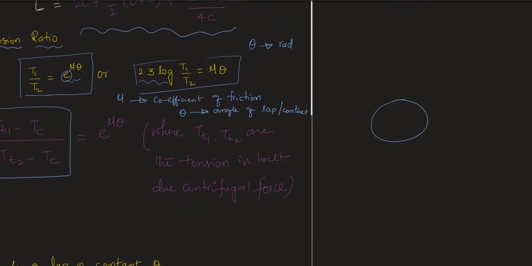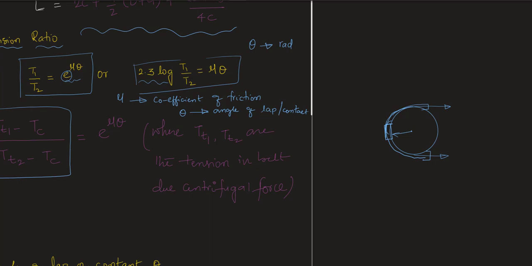Now what is centrifugal tension? Let me explain. Let us say there is a pulley like this, and over that pulley the belt has been wrapped, overlapping like this. This is our belt. Now if we consider a small mass of the belt,